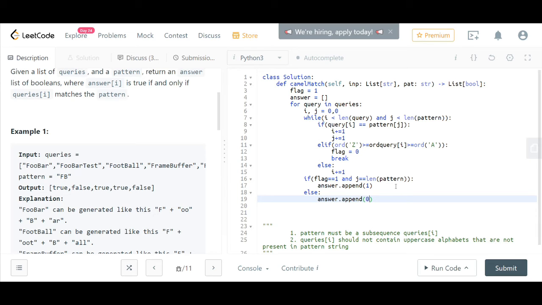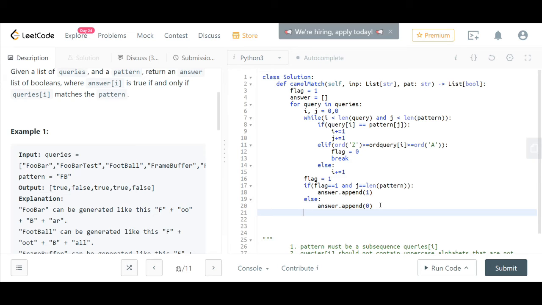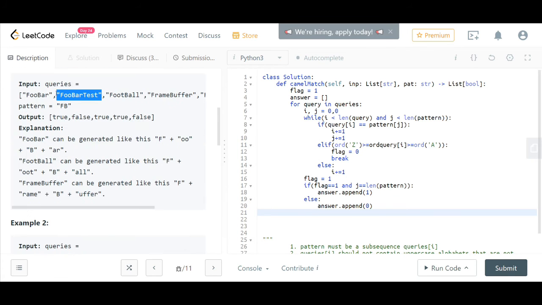But once I get out of this loop, I should also reinitialize the flag pointer to 1, so that it will be helpful for the next set of comparisons, right? So for that purpose I'm doing this. Otherwise, this query will return false, right?